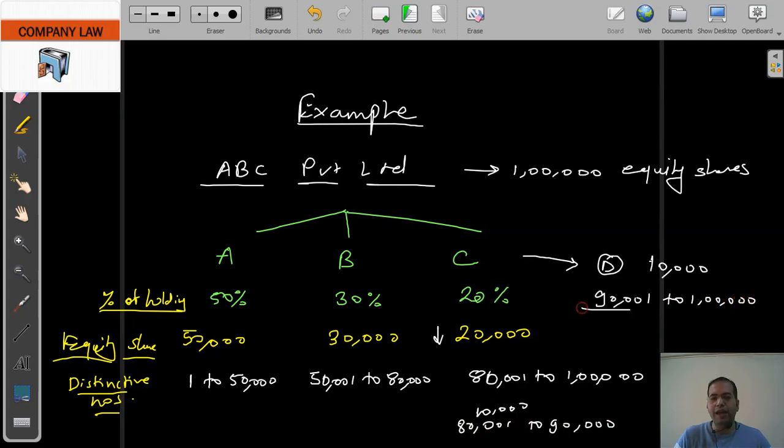So these are called distinctive numbers, which are given with the records the company will have to maintain from time to time, so every transfer of shares can be traced properly. It is not like a company can issue more than that or less than that. Every transfer of shares can be calculated or traced properly because of this pattern. I hope you understand the distinctive numbers, how they can be calculated.